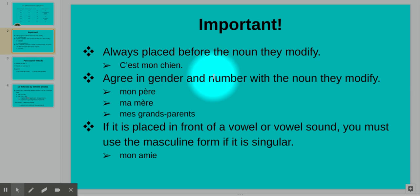It's going to agree in gender and number with the noun they modify, which is what I talked about on the other side. For example, mon père, singular, masculin. Ma mère was singular, féminin. And mes grands-parents is plural, right? So mes